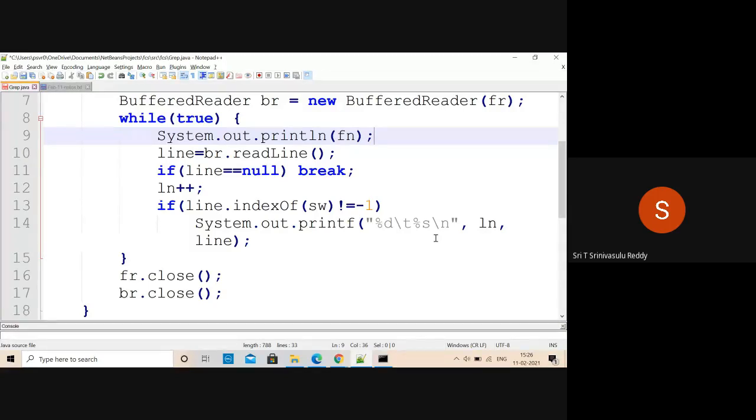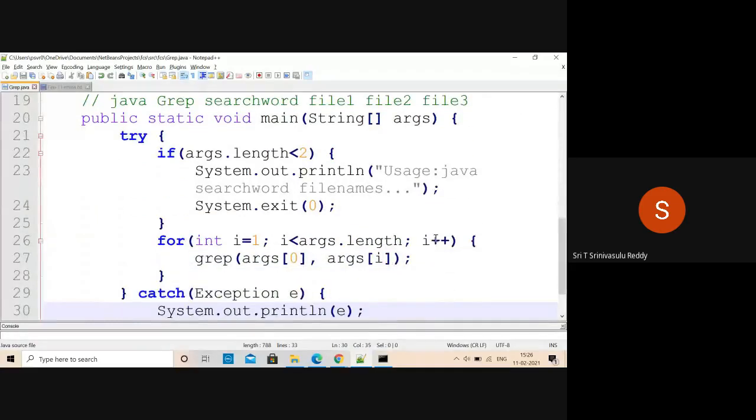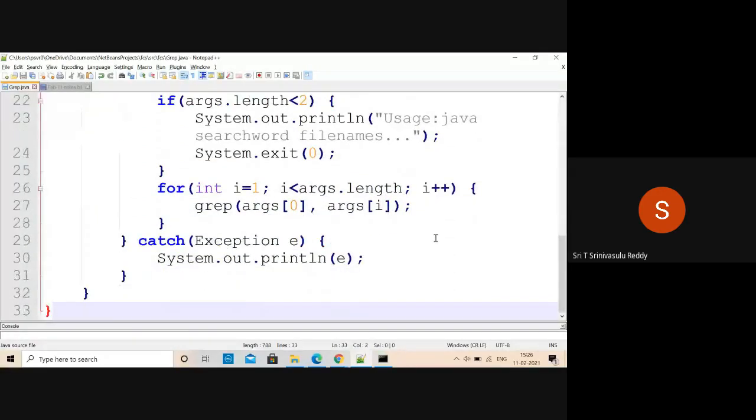So let us see here. You can think of what should be the appropriate format and all that. So you're displaying the file name. You are also displaying all the lines that are matching within that particular entity. So now, a small change. In the logic, you are displaying the file name. In the main logic, you are repeating it for every file name. So that's what you are actually doing. So come back to this particular thing.